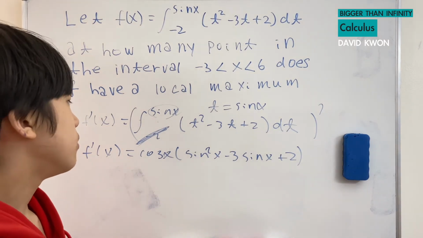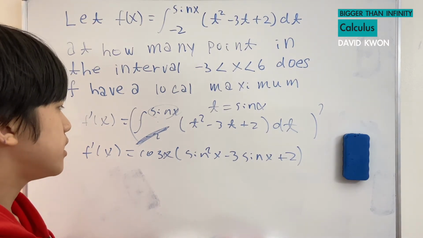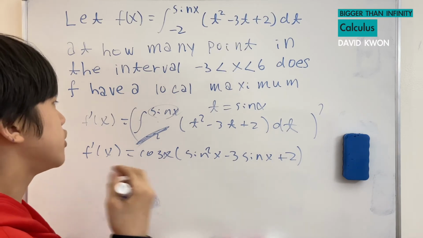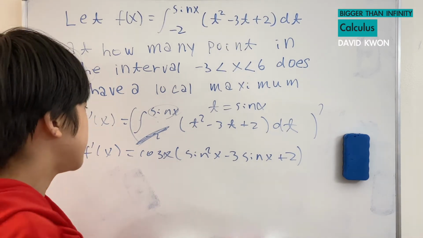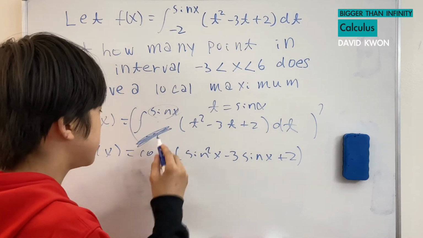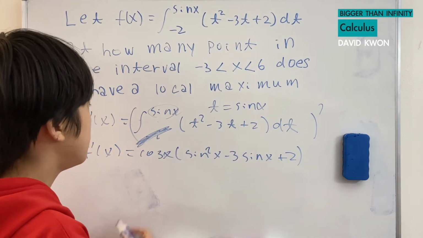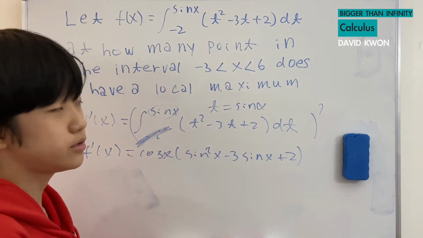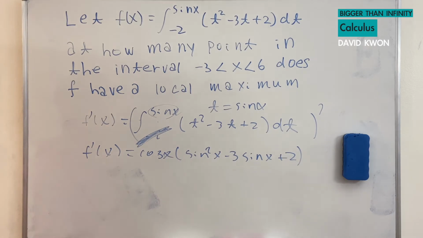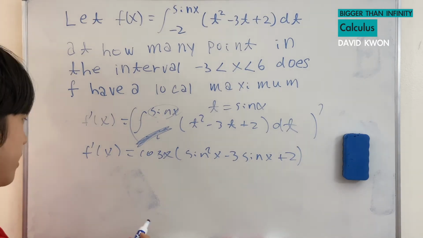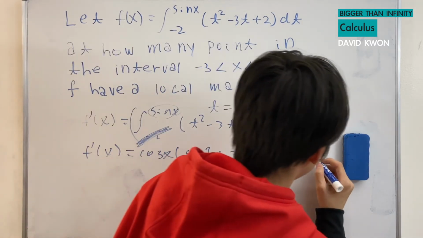If you guys want to know exactly why it is like this, okay, this is just a shortcut version, but you guys can just understand that this will always get removed. You differentiate this and just put it in here. That's real simple. But if you guys want to know exactly why, you can go check out my little sister's video. Anyway, now that I've got this, I need to set it equal to 0